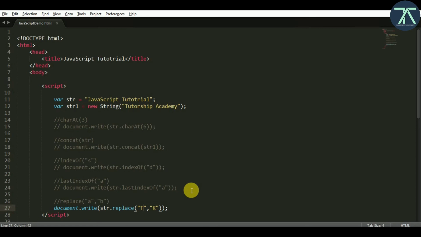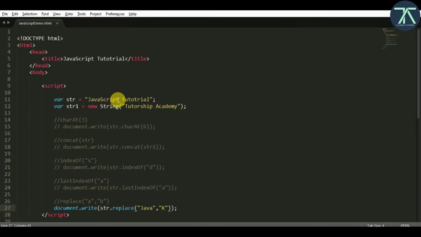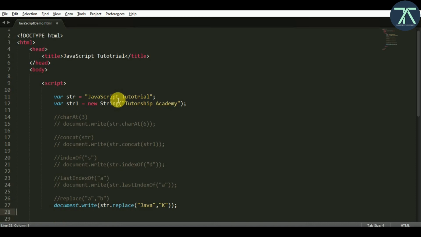So let's see, can we replace more letters at a time or not? If I want to replace Java with k, what will happen? Just refresh, and KScript tutorial. So we can replace actually any string with any string with the help of this method. So we are done with this method. Let's go to another method called